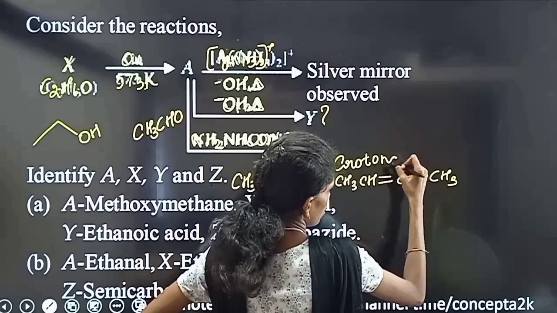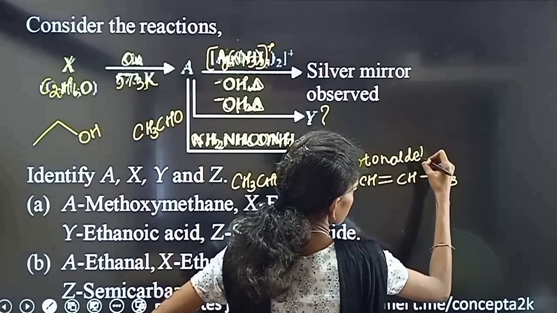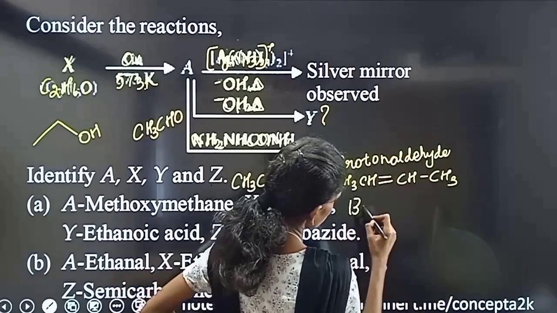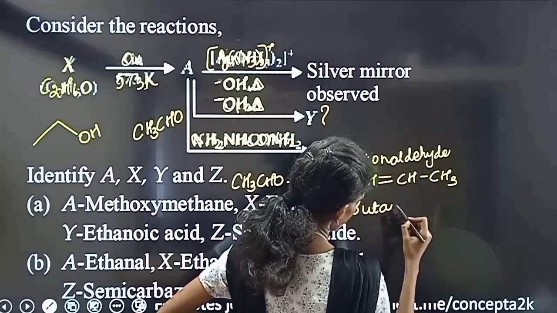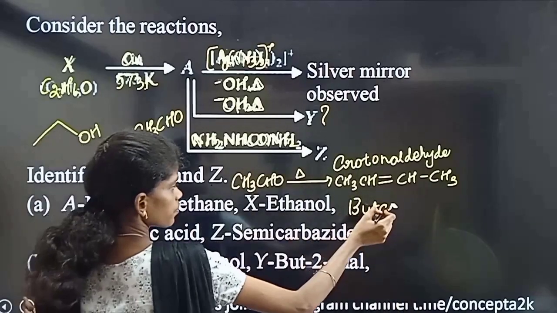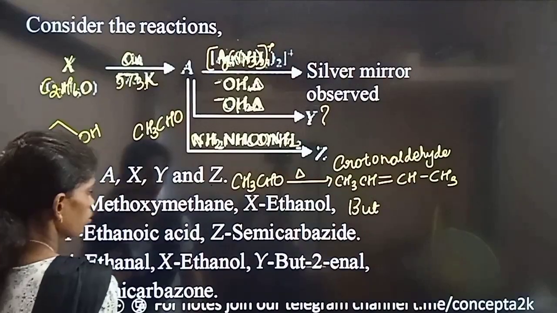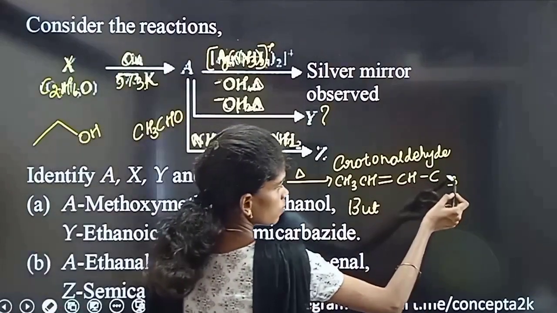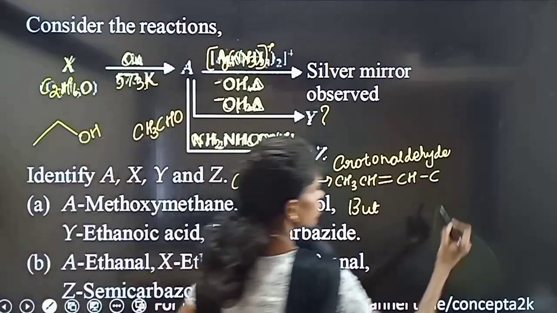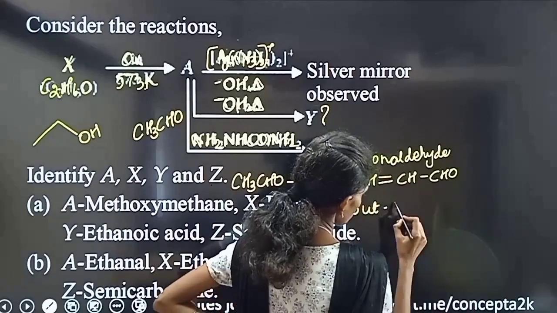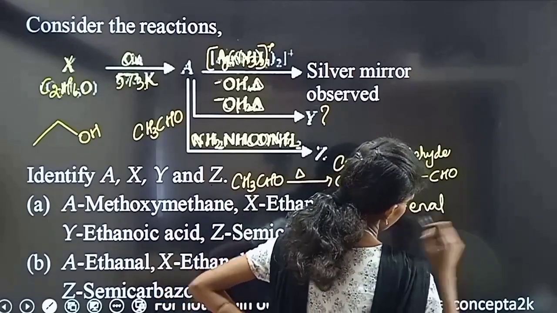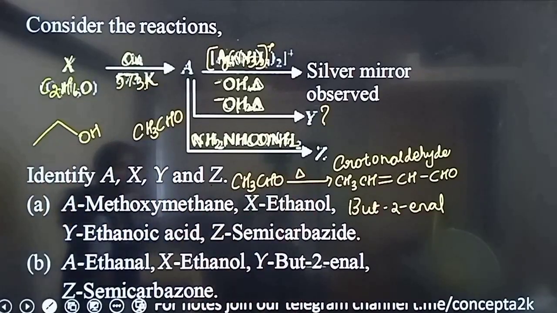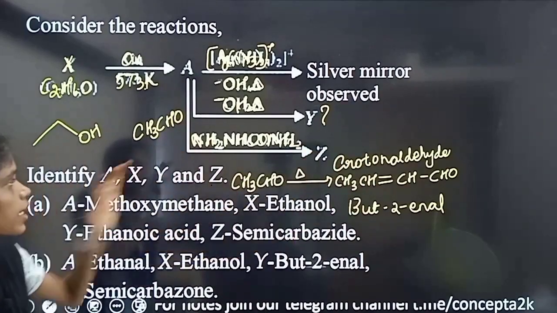This is the common name. And the IUPAC name is but-2-enal. So this is the IUPAC name and that is the common name. So Y is found. Next, if we look at Z,